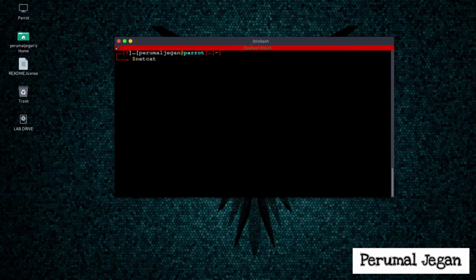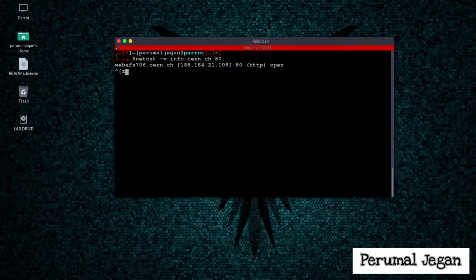Let me send a web request to one of the servers out there on the internet. Netcat -v for verbose, info.cern.ch, a public website available on the internet. Now you can see the connection is open.